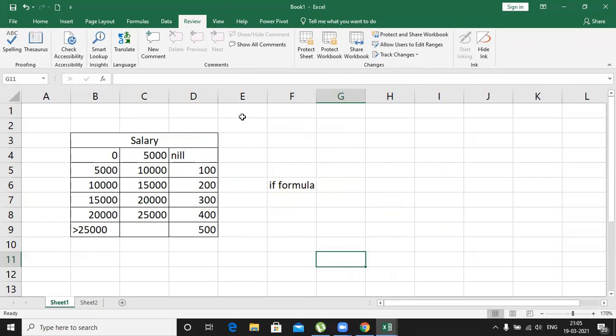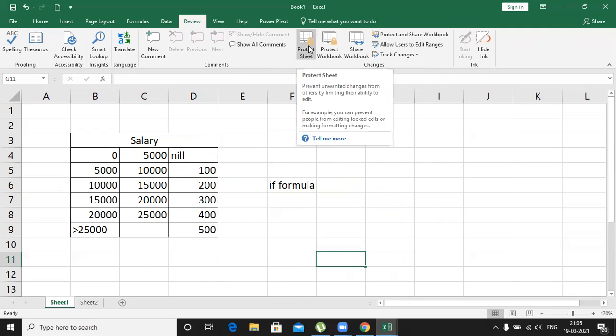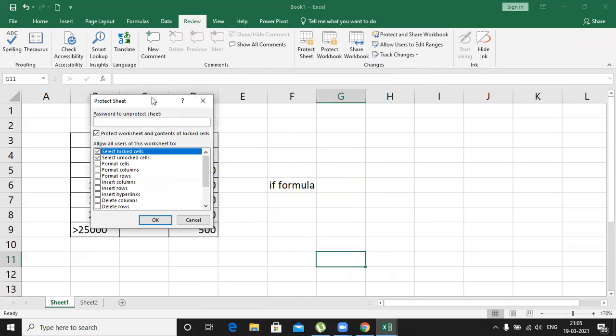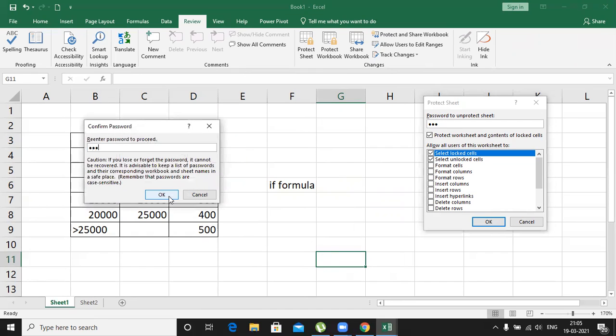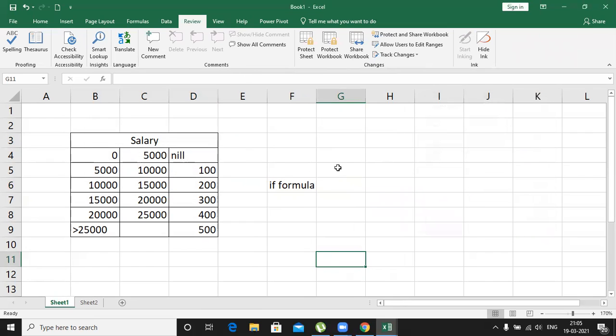Now I would like to protect this sheet. To protect the sheet, click Protect Sheet and enter the password. In this case, I'm entering 123, confirming 123 again, and clicking OK. Now the cells get locked.